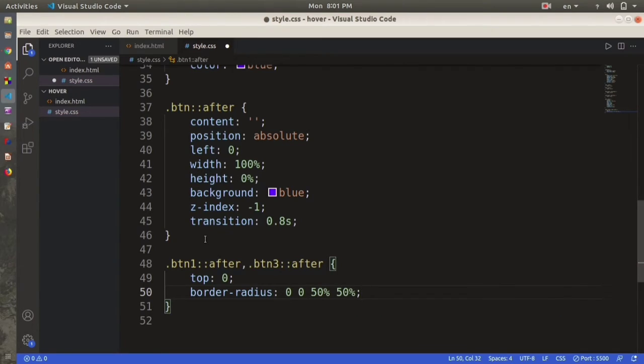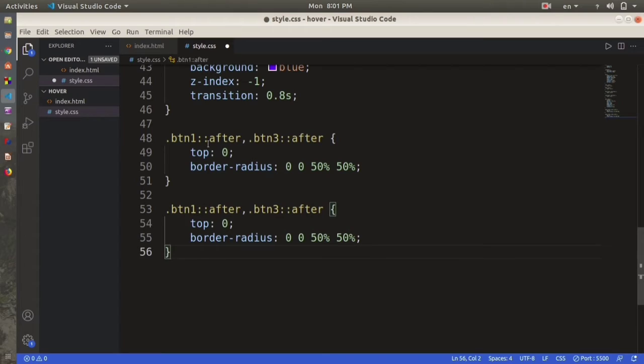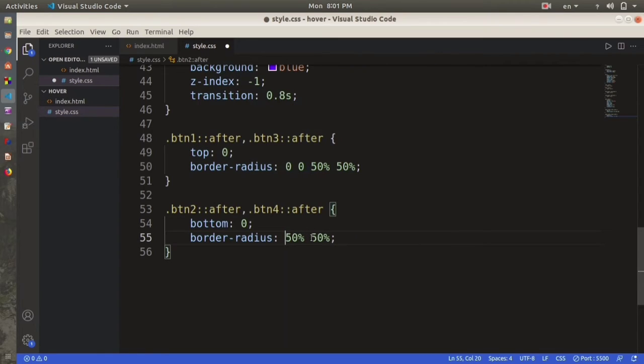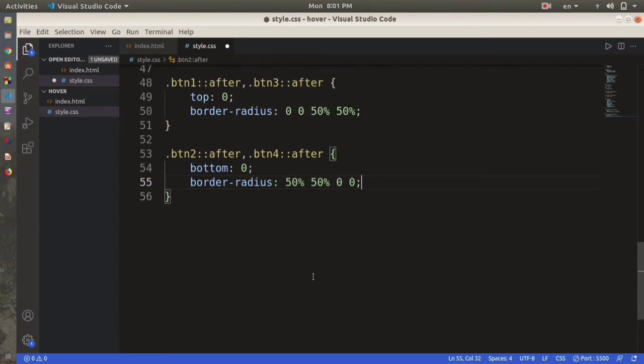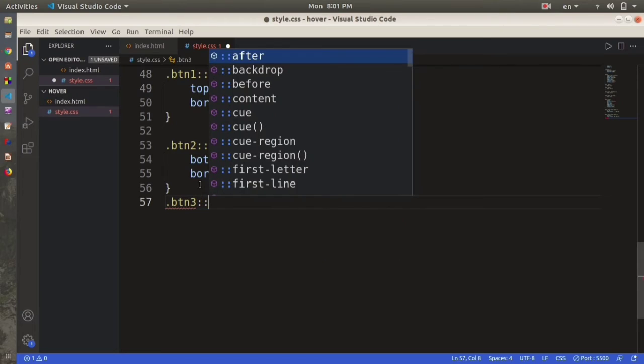This is the main part of this hover effect. Then we're going to use the same thing for button 2 and 4. So I have copied those, and I'm using 2 and button 4. But here I'm going to use bottom 0 and 50%, then 0, then 0. Okay, this looks fine. Then we are going to do the same thing for dot btn3